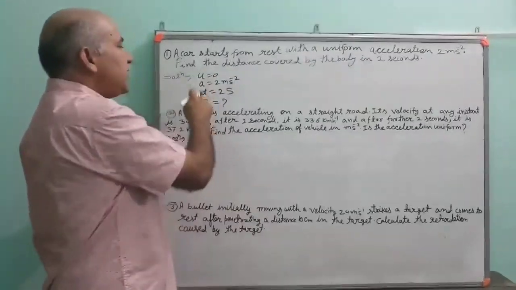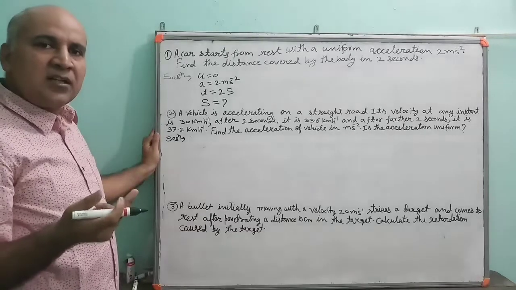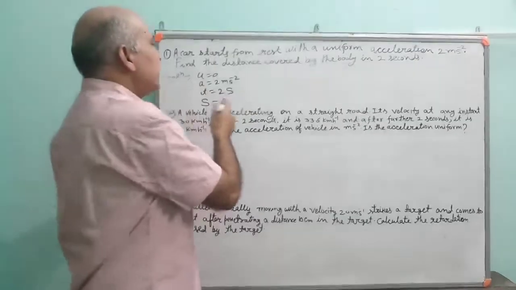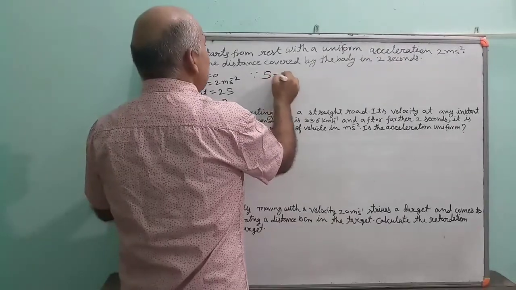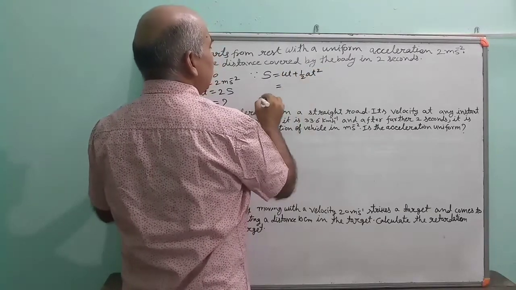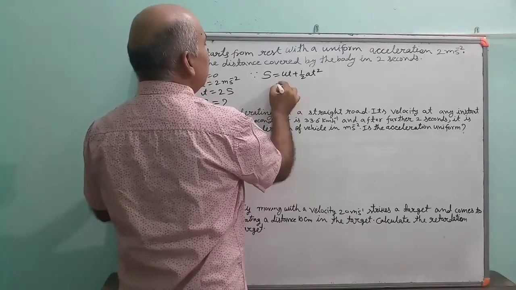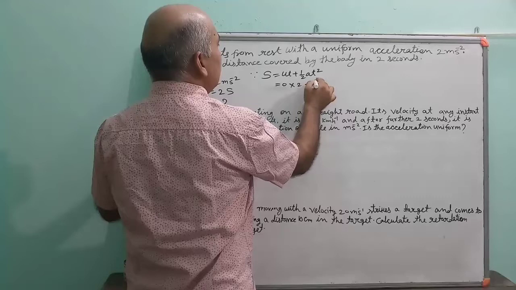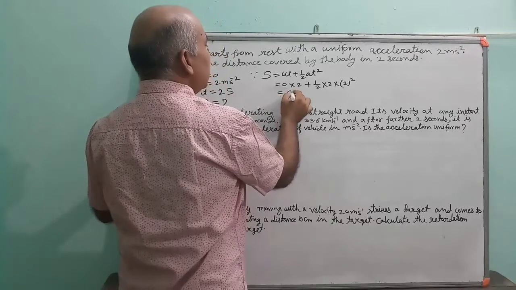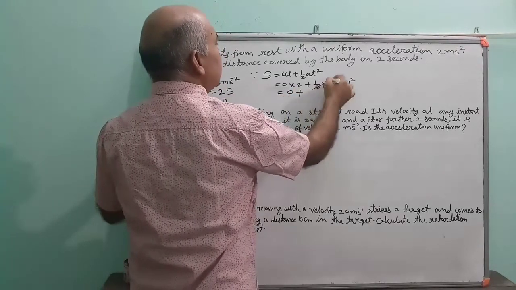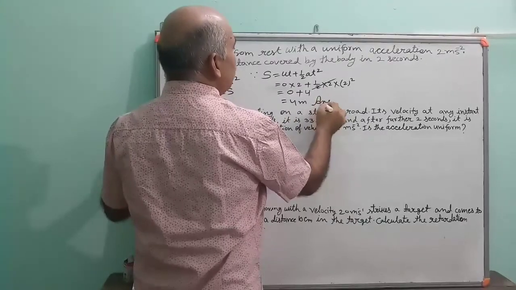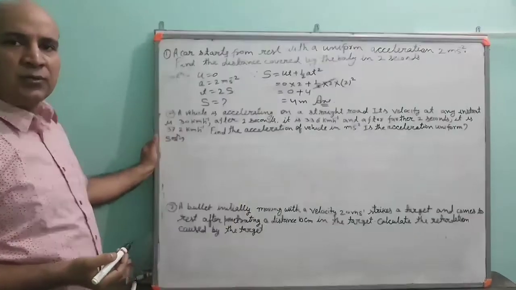So by watching these you can think that you can apply the second equation of motion. You have read the 3 equations of motion, so second will be applied here. Since S is equal to ut plus half at square, now put the value and calculate it. u is 0, time is 2, plus half into 2 into 2 square. This term is 0, plus these 2 and 2 are cancelling each other, 2 squared is 4, that means 4 meter is the distance covered by the body in 2 seconds.